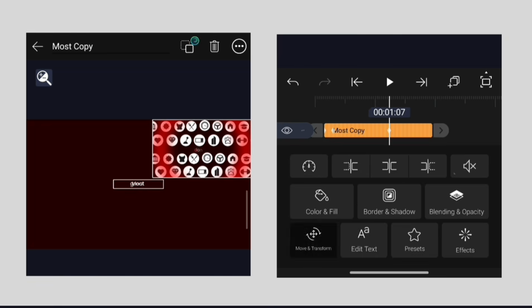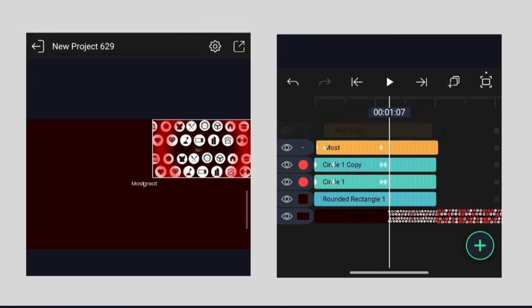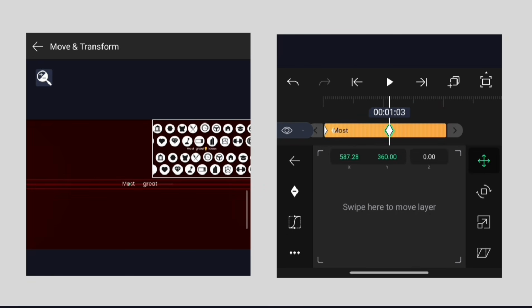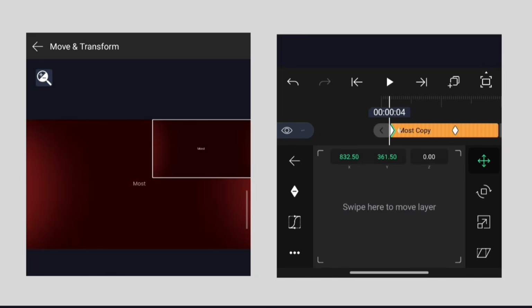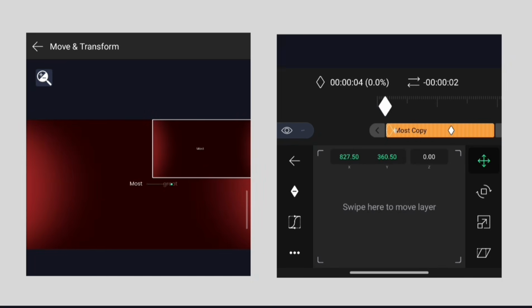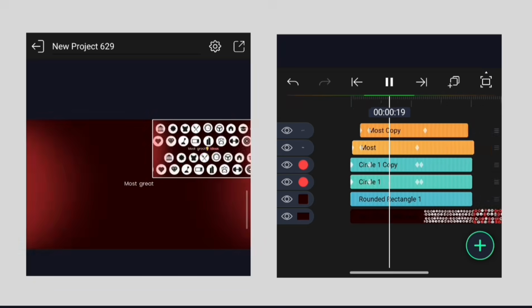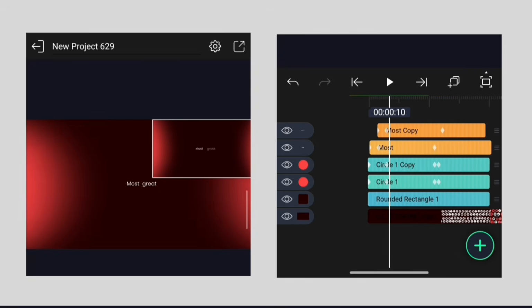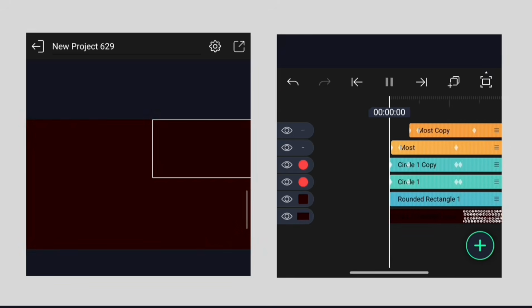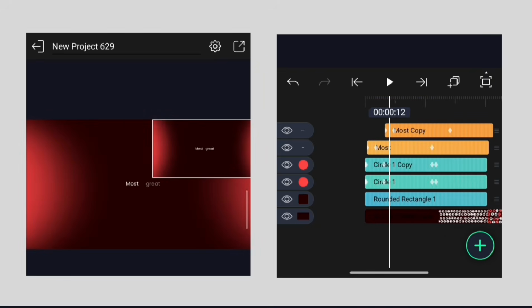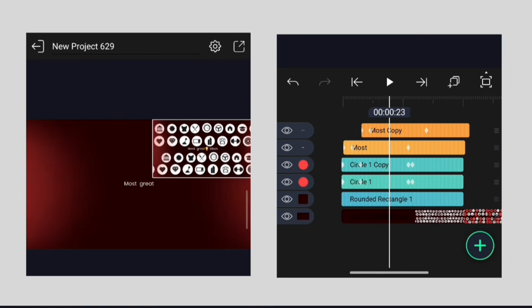Doing this text by text, so second text can come here. You have to just adjust this a bit. Most great. Okay, let's just shift that so it goes like, I think this is early. Okay, now the same thing will go with ideas, but